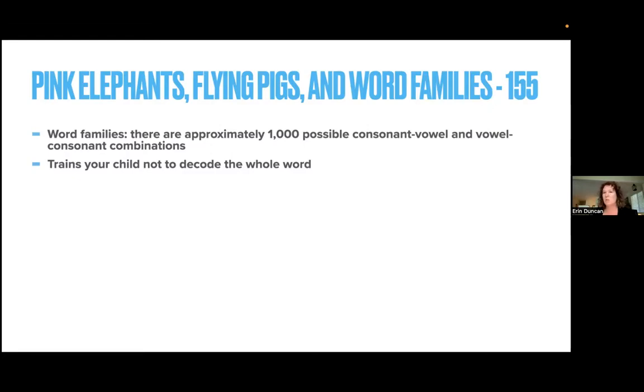We need to train them to go left to right all the way through every time. And the other thing that the book points out about word families is that these don't match the real world at all in the way that the real world works. Kids begin to get the idea that reading, very young ones who don't have a lot of experience yet, is some sort of rhyming game, and that it's not about constructing meaning as you go. And we don't want to get them off in that realm at all.